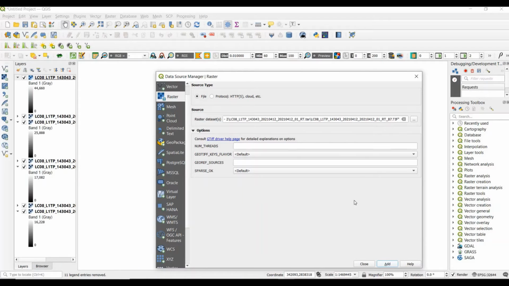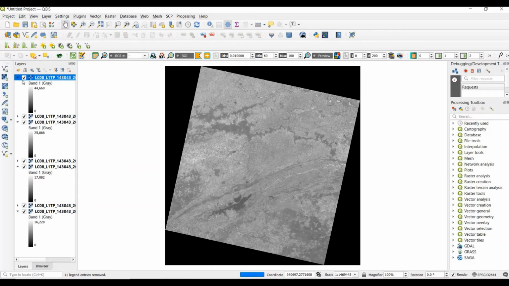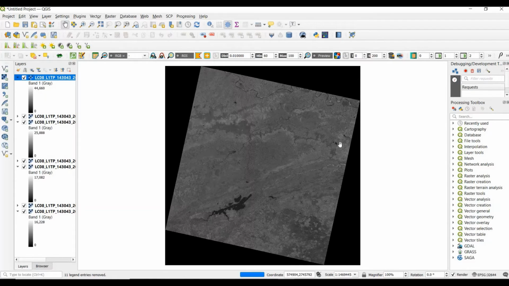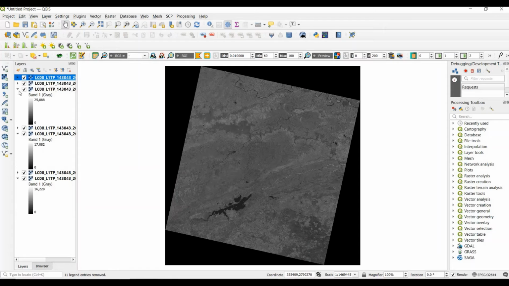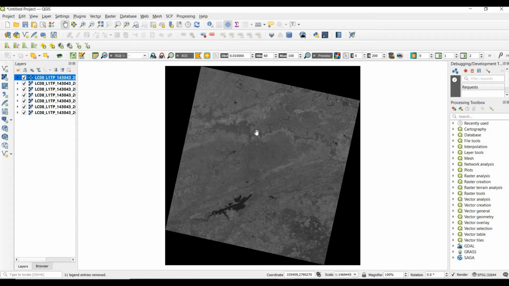So add and close. So we can see that the layer is added to our workspace. So this is another way of adding a layer in our workspace.